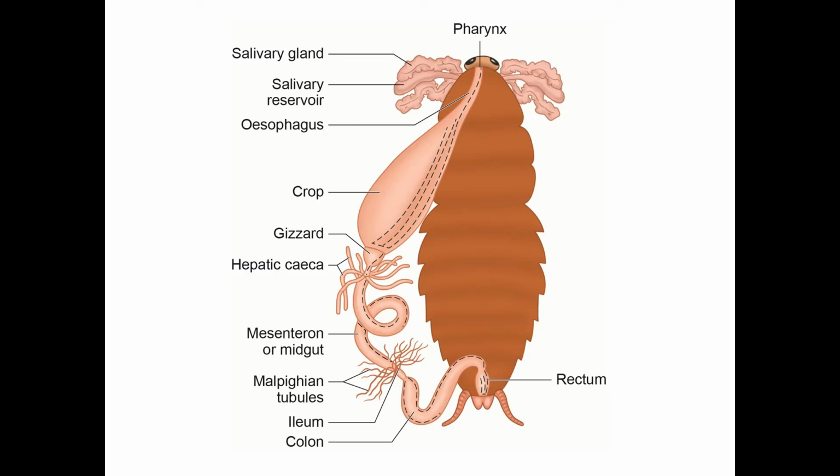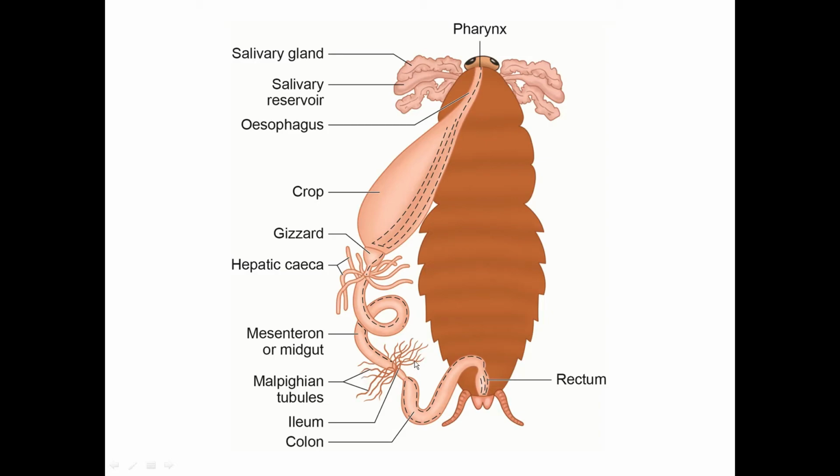Now the excretory system of cockroach. The excretory system of cockroach consists of Malpighian tubules, and they are the main organs of excretion in the cockroach body. They eliminate the nitrogenous waste from the body in the form of uric acid, and so the cockroach is said to be uricotelic, since they are eliminating excreta in the form of uric acid.